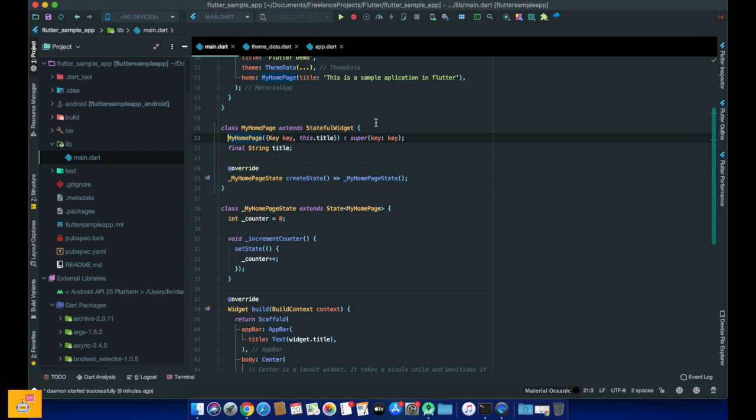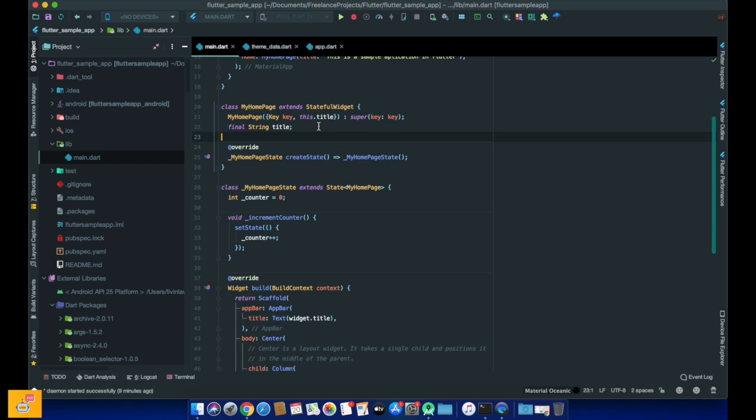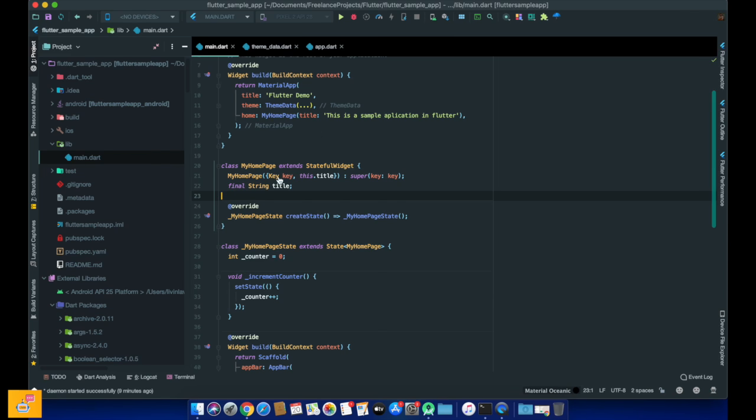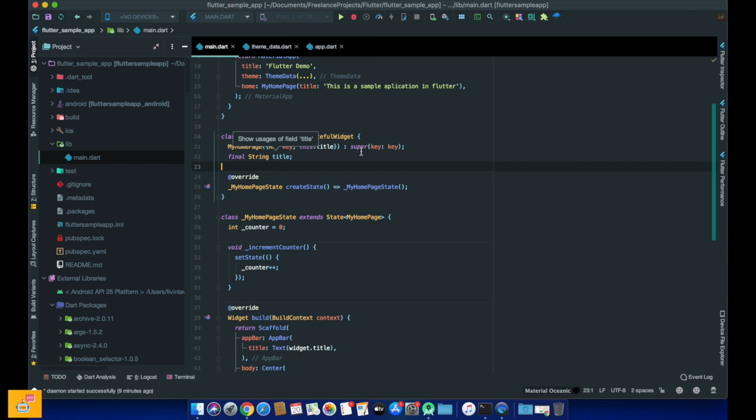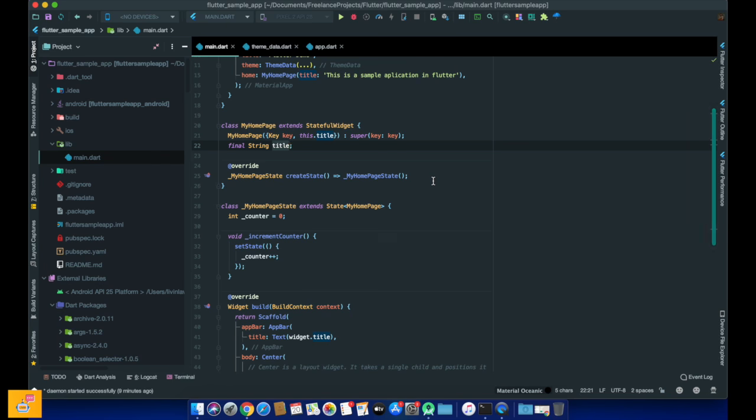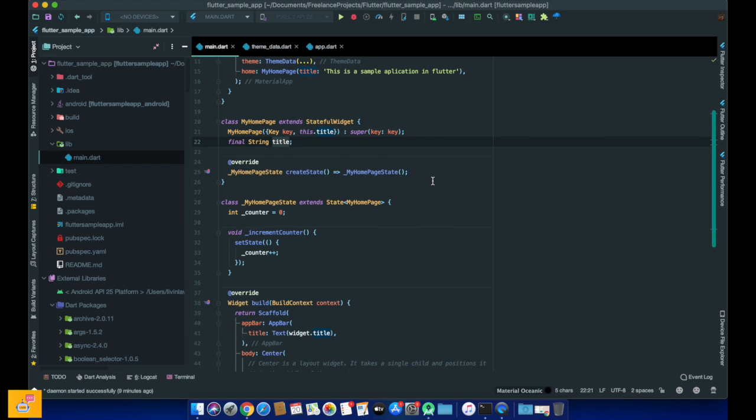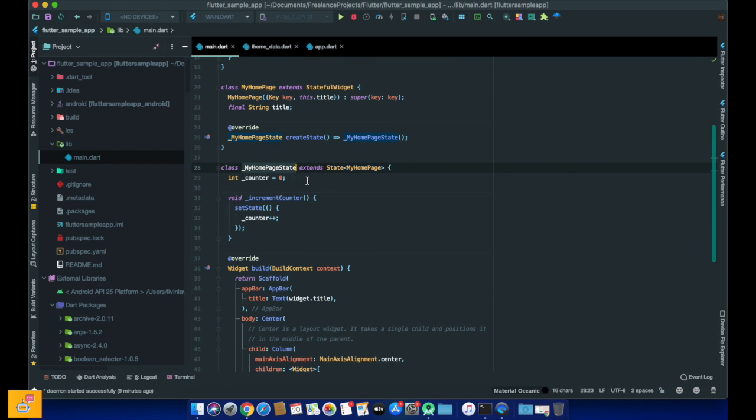So this is my home page, and this is a stateful widget. As we have already discussed, it is expecting a key called title, and this title comes right here, and this value will automatically be set to this title key, the variable specified. So in order to access this title inside your my home page state,